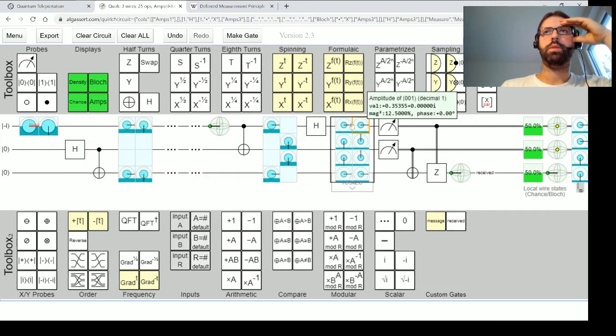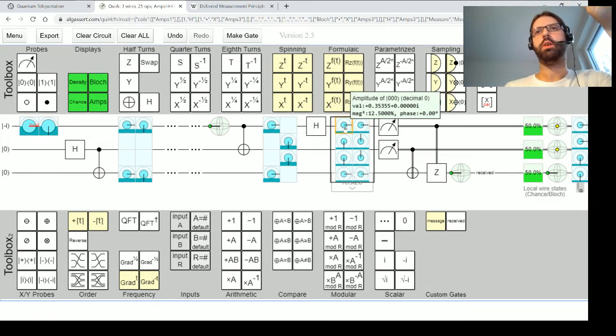Like, if you take a look at these amplitudes and the phases, sorry, not the phases of, so this would